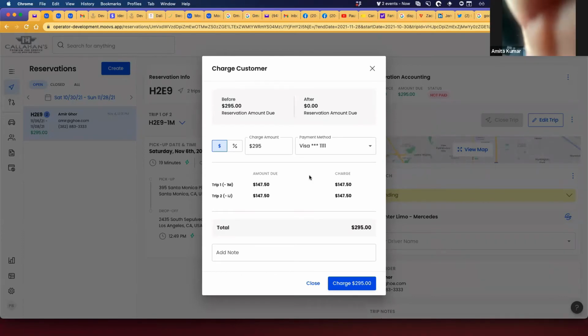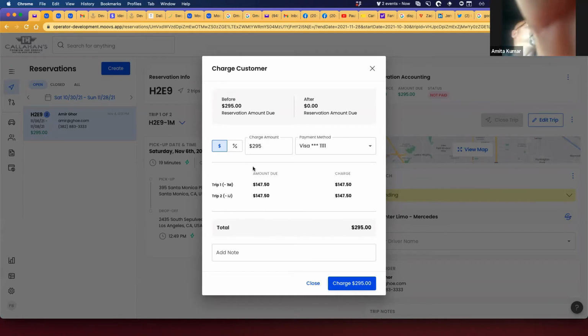That's fine and dandy, but sometimes we do runs for affiliates and we just want to do a pre-authorization. So if the total reservation is $900, we want to pre-authorize for $1,200 just in case there are any incidents or overage. That way we've already got the approval, and once the run's completed and it's $1,000, we can just hit it for $1,000. That's definitely something, as we're getting into paying affiliates in Moovs, that we're actually working on.